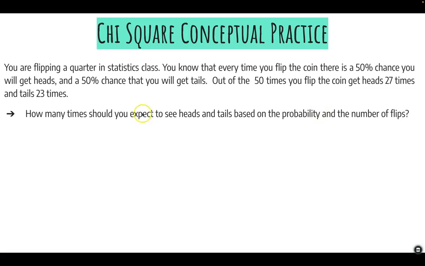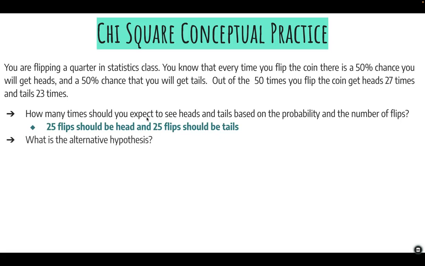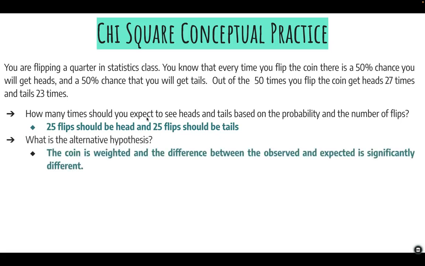And so what you would expect to see, based on statistics, is 25 and 25. Your alternative hypothesis would be the scientific reason as to why this could be different. So what could cause it to be different? A cause could be if the coin is weighted, then you would see a difference between the observed and the expected, right? Then this wouldn't actually be